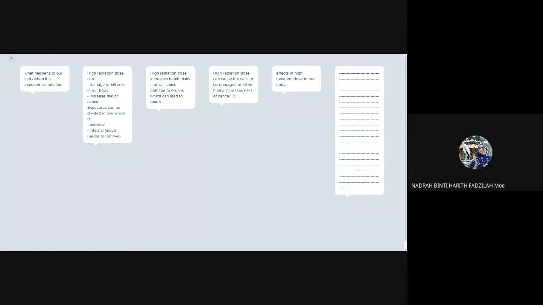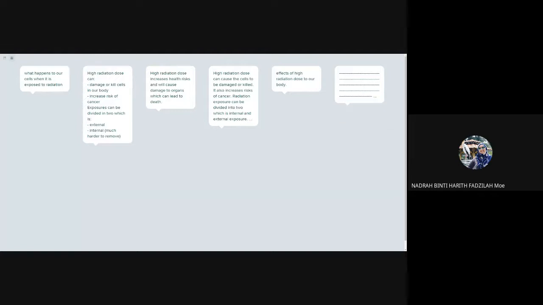And then when he said about ingesting radioactive materials, itu adalah antara treatment yang cancer patient kena buat lah. Sebab tu antara step dalam treatment dia tu, atau dia nak buat MRI ke apa, dia kena ingest a bit of radioactive material so that it can be detected by the machines kan. Alright, so thank you so much